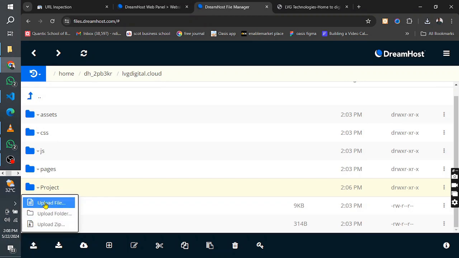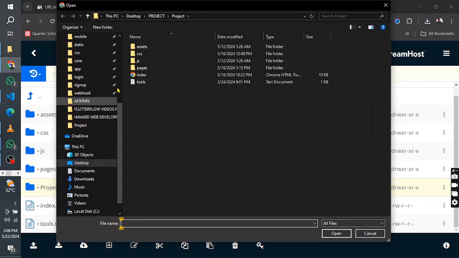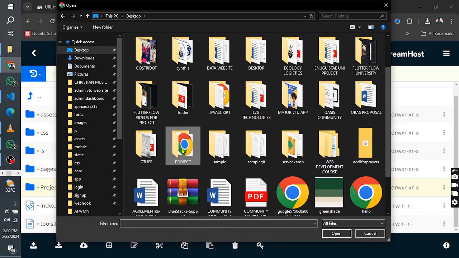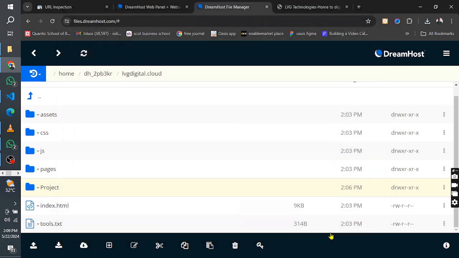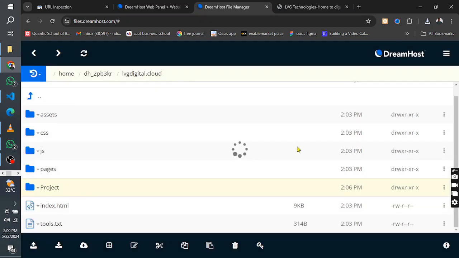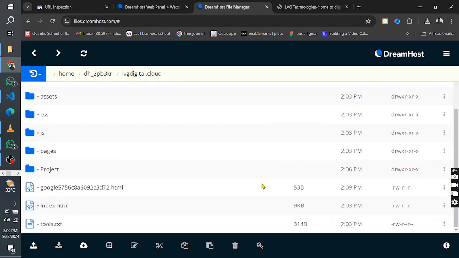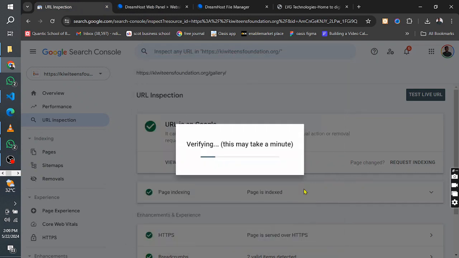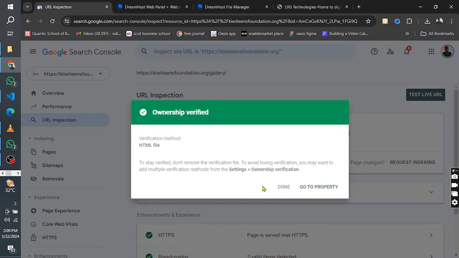Okay, so I click on upload file, and I click on the projects as the folder. Project, where are you? Okay, and I upload this. Okay, and we go back to our inspection and we click on verify. Okay, so that's it. So our ownership verification through the HTML file has been